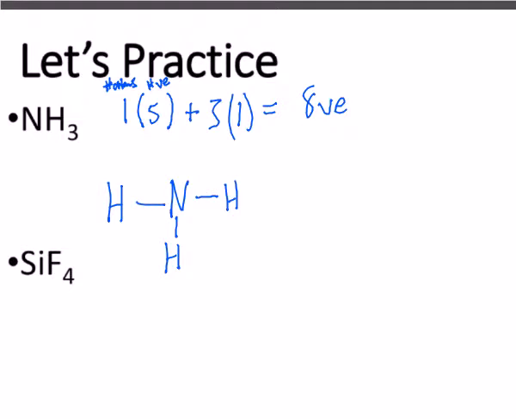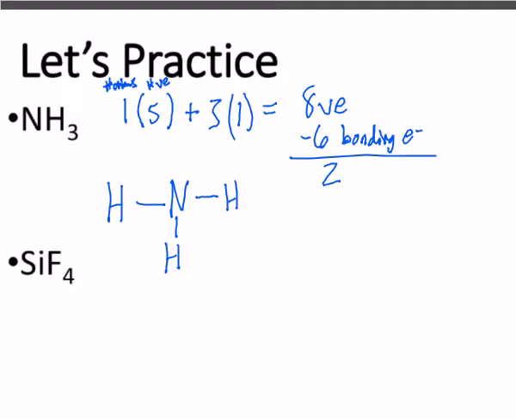Now, in each bond, in each line, how many electrons am I using? 2. So if I have 3 lines, how many electrons did I use? So I'm going to subtract those out. I've got 6 bonding electrons. Okay. How many electrons will I have left over? 2. Okay. Now, step 4 says once we have bonds between every element, what are we going to use those